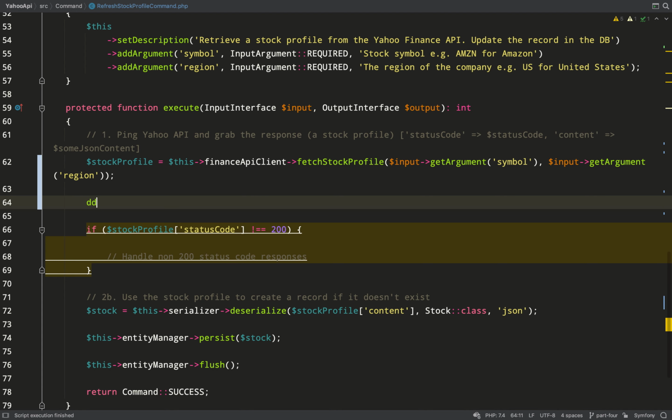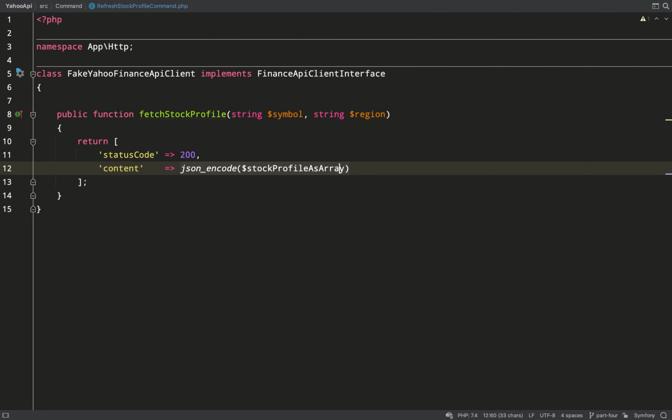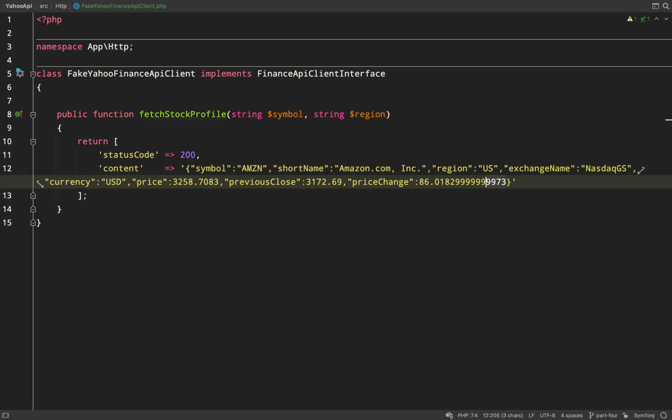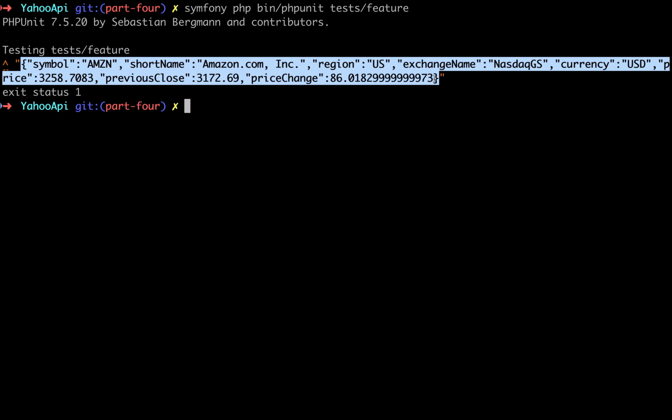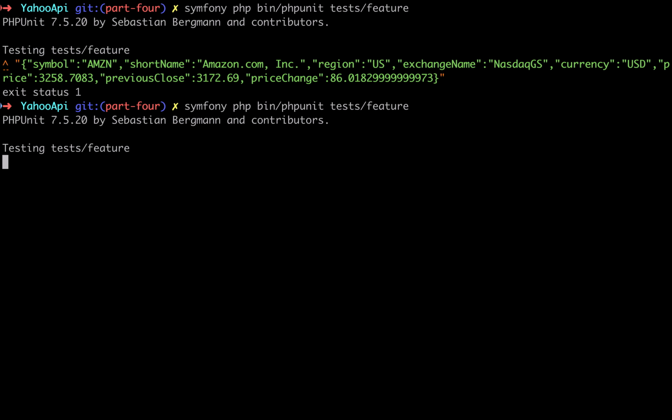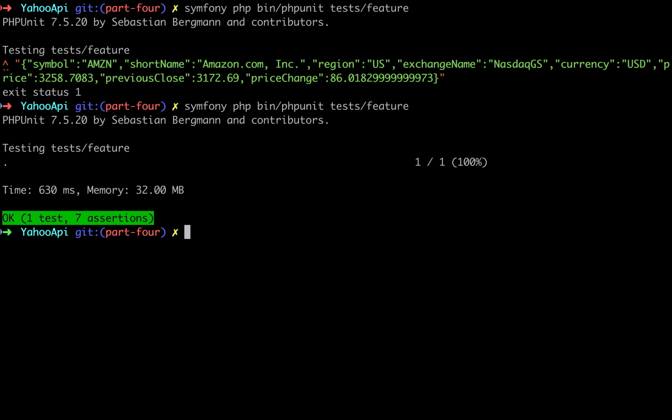Then I need to go back to the code. I'll just remove this dump, and then back to the fake Yahoo Finance API client, and I'll just paste that in. Tidy this up a little bit. Go over to the services_test file and uncomment this. Run the test again. And we're back to green in 630 milliseconds, so that means that we're using our fake and it's returning us